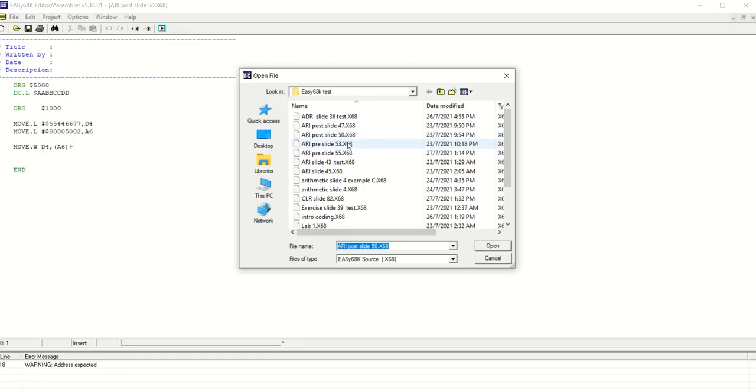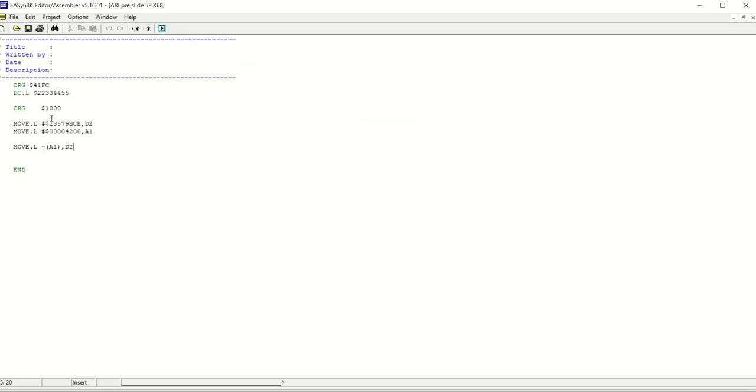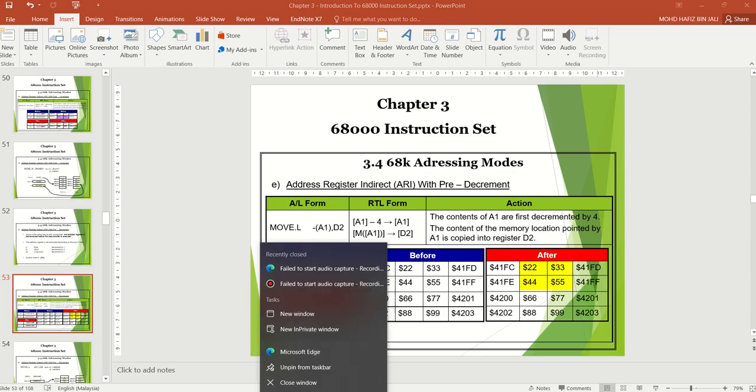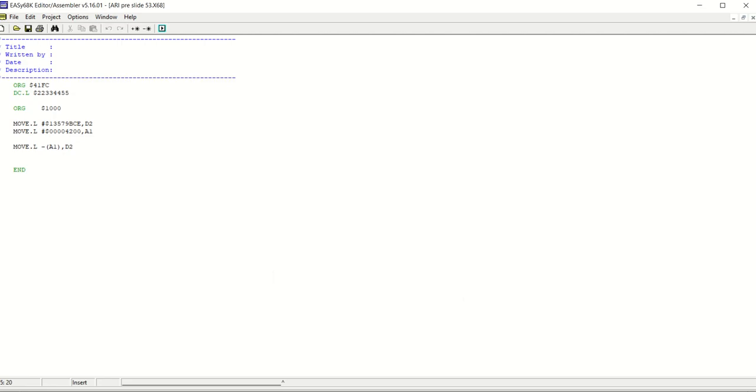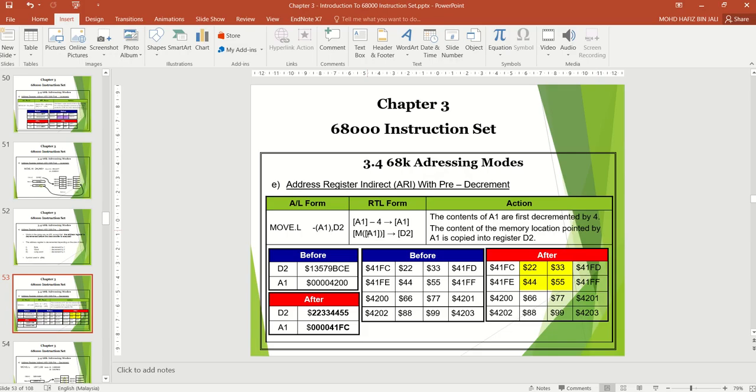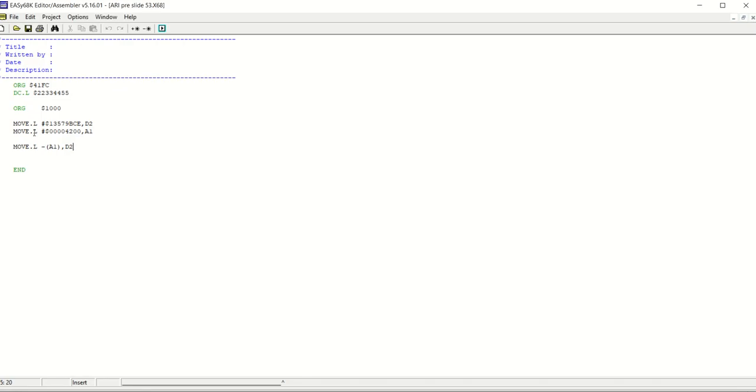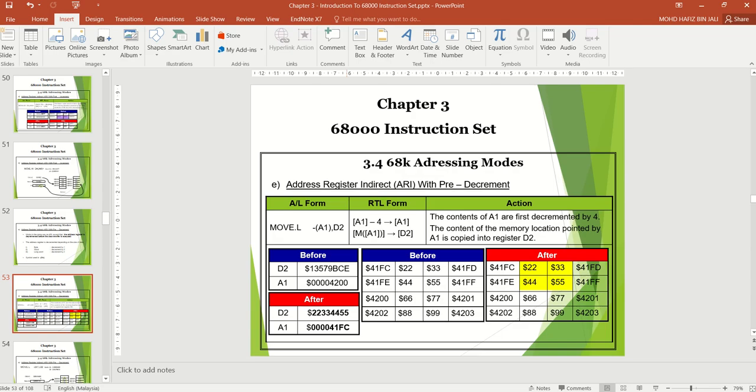Okay, this one, normal setting. Follow the example. D2 is 1357. A1 is 4200, move.long 4200 to A1. To set the origin of the data inside the memory location, you need to calculate a bit, because the original address is 4200.